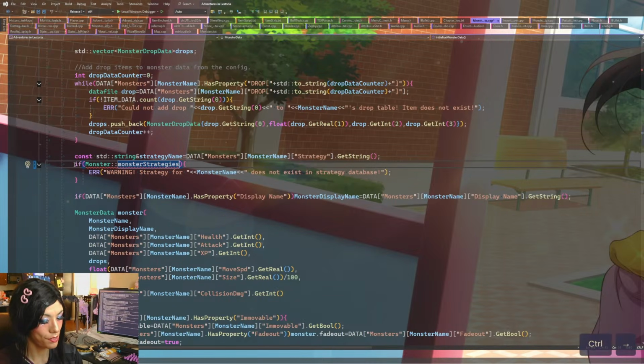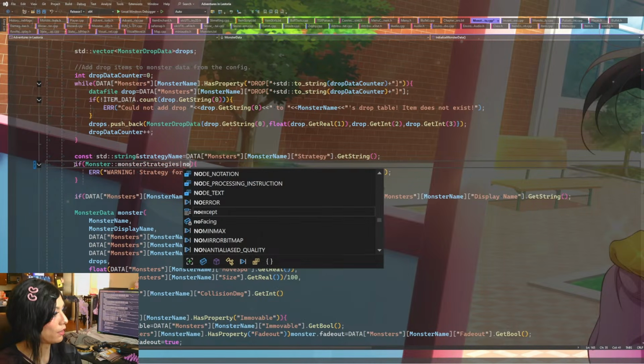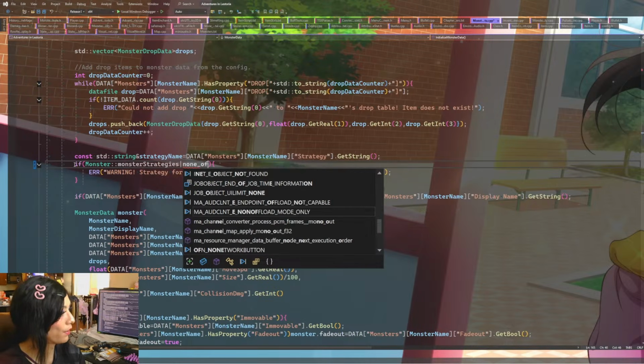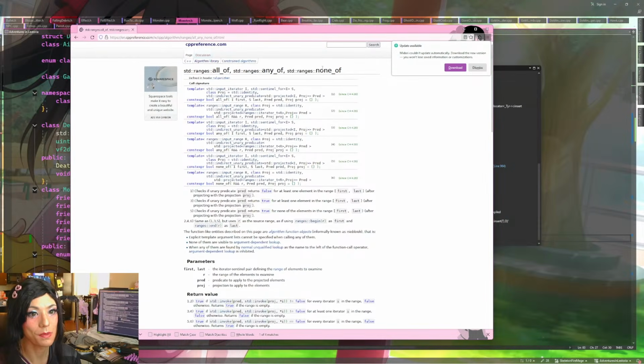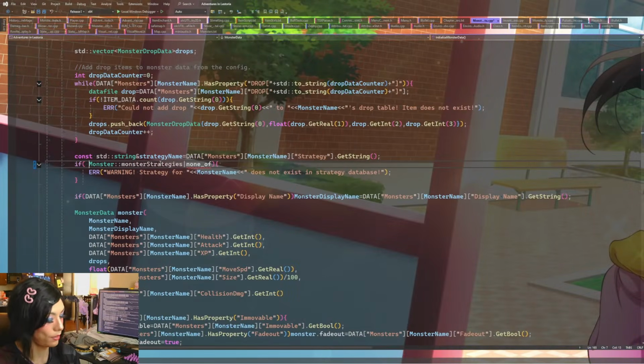Monster strategies. None of. I think I have to do this differently though. None of is from standard ranges. Let me try that.